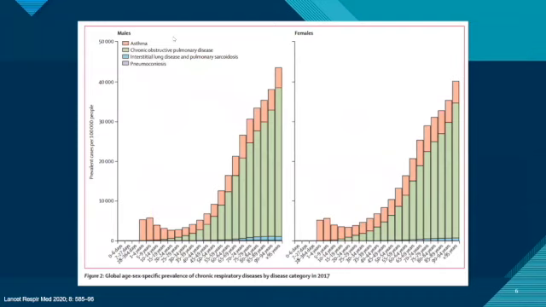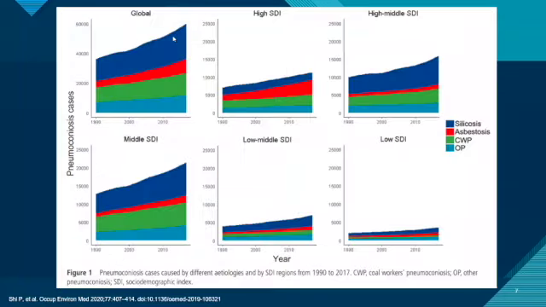In terms of which disease burden is particularly common, again looking across the various years, we can see that it's commonly the obstructive airway disease, in terms of asthma and COPD, that accounts for most of the disease burden, both in males and females. And again, if you look at our pneumoconiosis, we can see a lot of them relate to silicosis and asbestosis, of which people who work in mining and the construction industry are at high risk. And this accounts for both globally and across all the various economic spectrums.